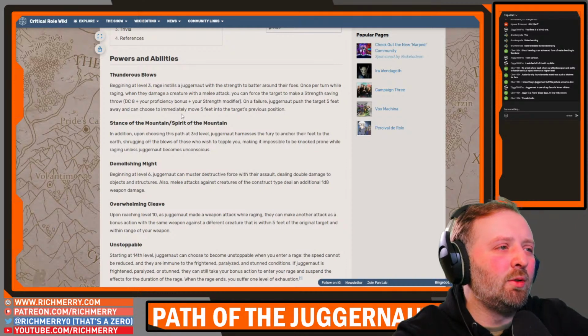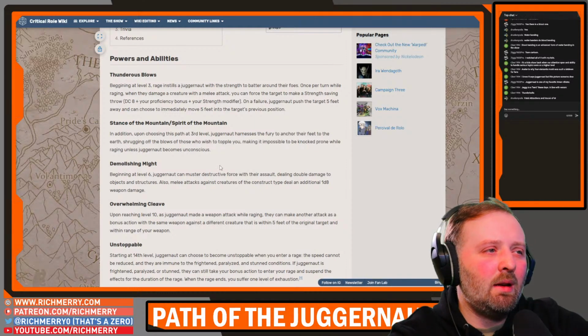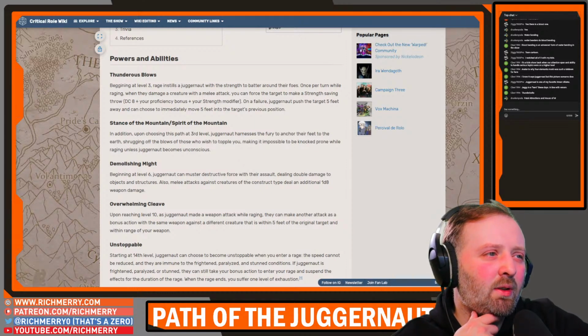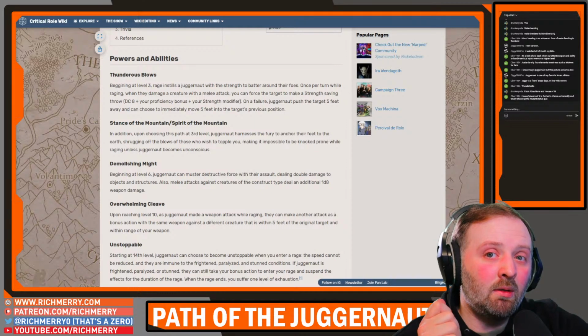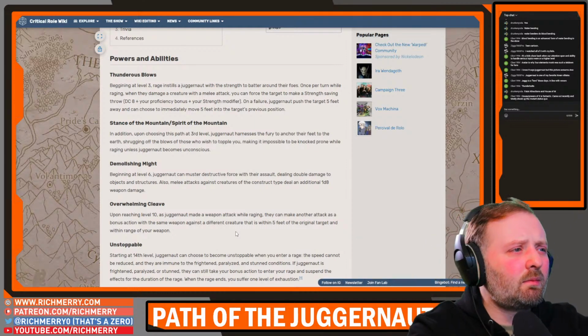So Thunderous Blows, like pushing enemies around, is always good fun. I think if you combine this with a Warlock that's built into a specific Eldritch Blast build, it could be quite amazing, actually. Thunderous Blows, combine it with a Druid doing the Vicious Barb spell, or I forget the name of it. But